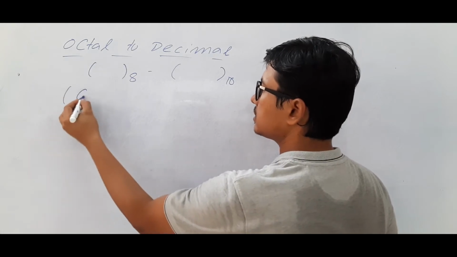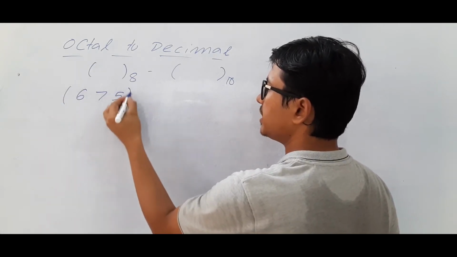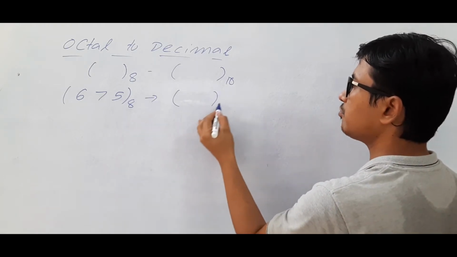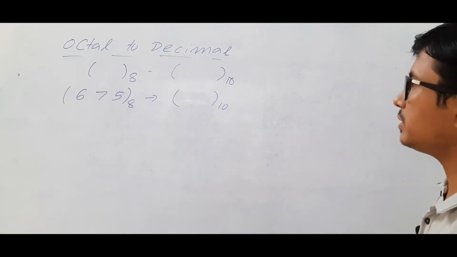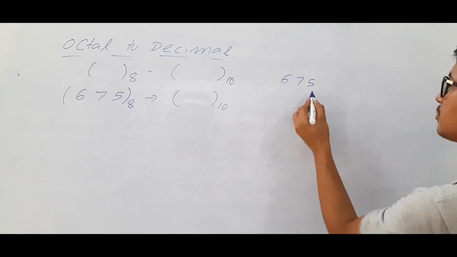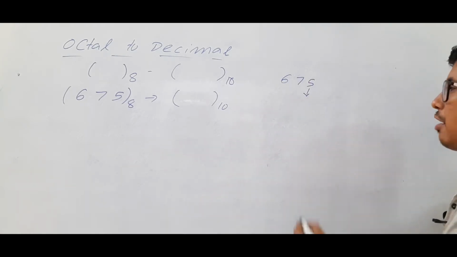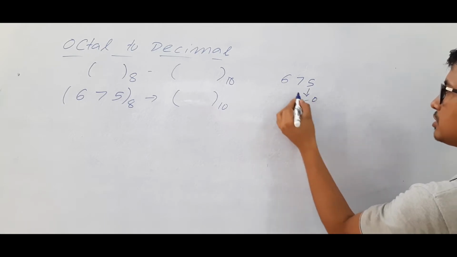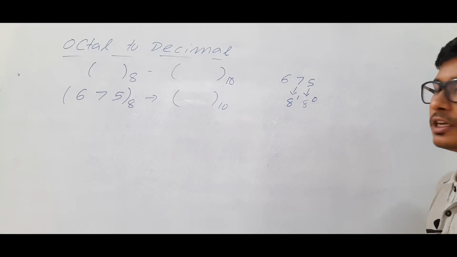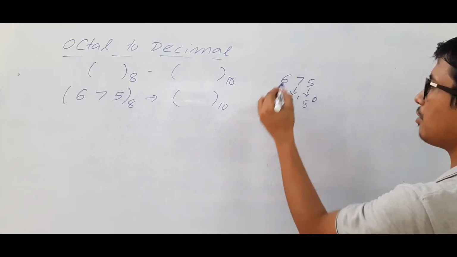Let's take 675 base 8. I want to convert it into base 10 format. Now how can I do it? Take that 675. You will have weights for each digit. The 5 will have a weight of 8 power 0, 7 will have the weight of 8 power 1, and 6 will have a weight of